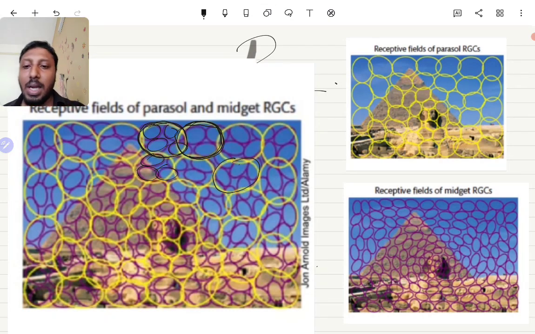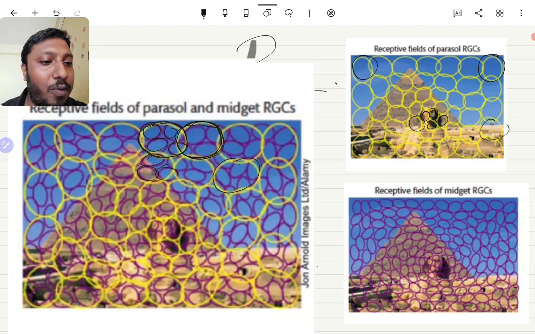So the retina has all kinds of cells at all places, but the proportion varies depending on the place. In the fovea there are lots of cells and the fields are close by, and as it goes to the periphery the receptive fields become bigger.